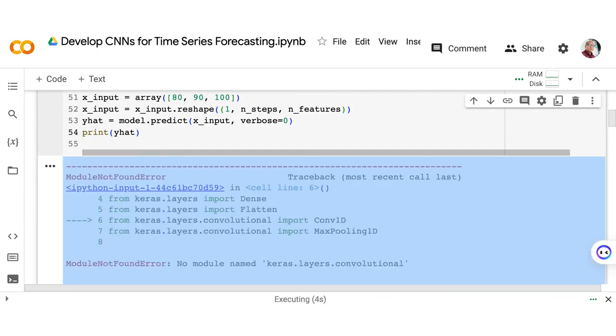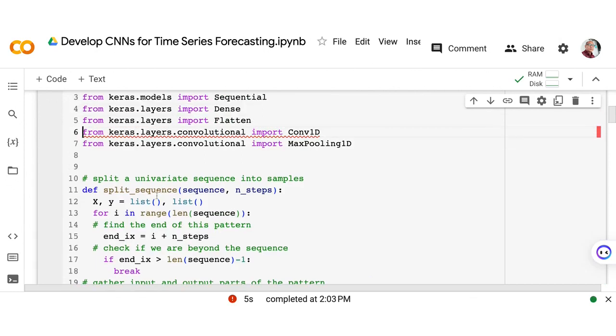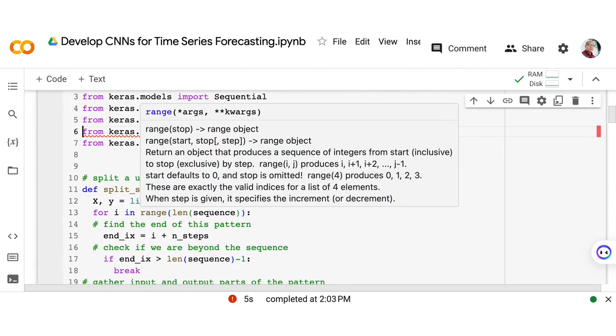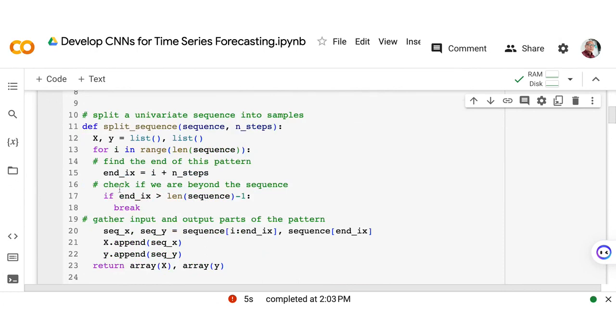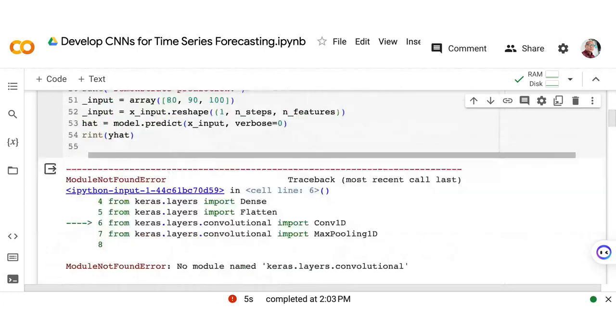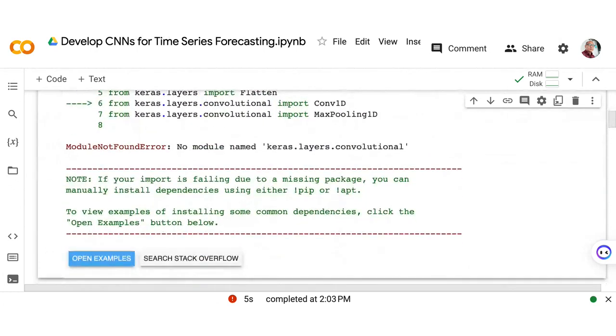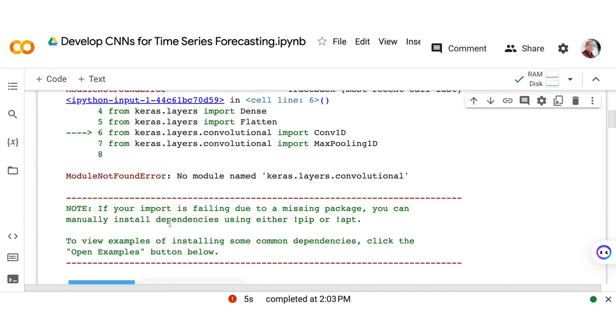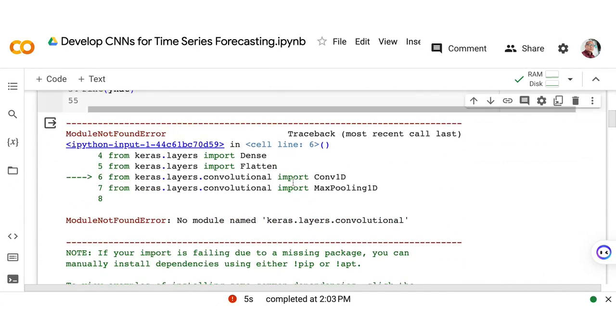Right? So let's see. Oh, there is no keras.layers.convolutional. I think this was a very old module. Okay. So there is a problem with keras.layers.convolutional.